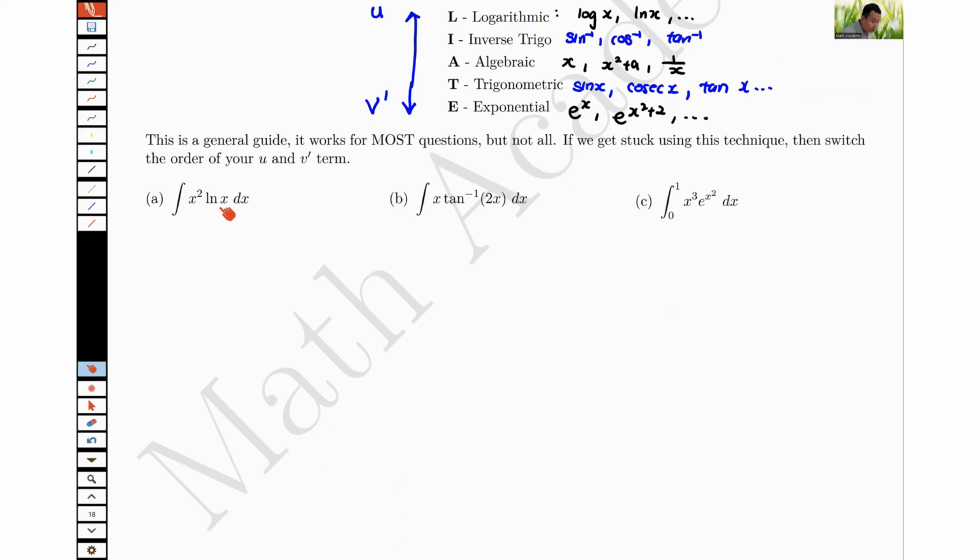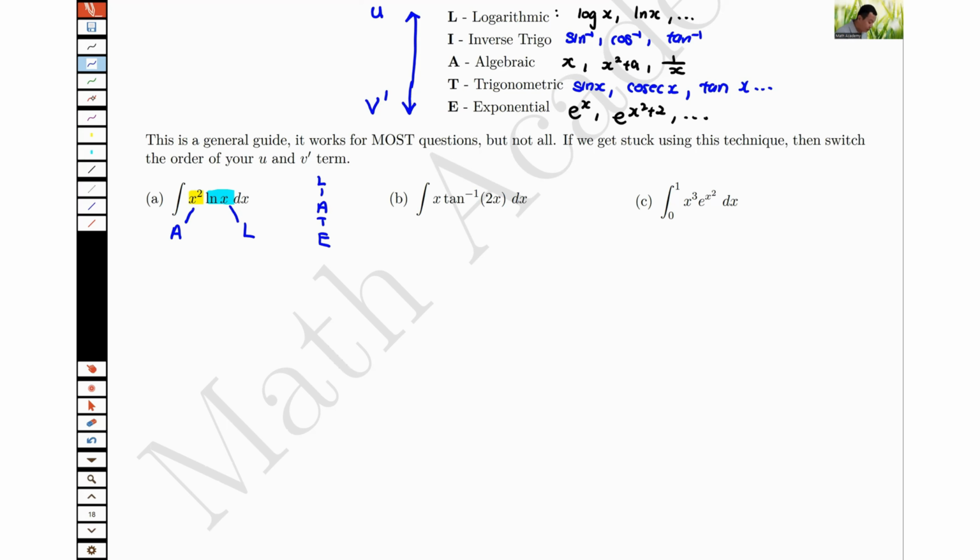Let's say I have got this term. It's clearly a product of two terms. It's x squared and ln x. So x squared is your algebra. Ln x is under the log category. Then you will think, when I have the acronym LIATE,